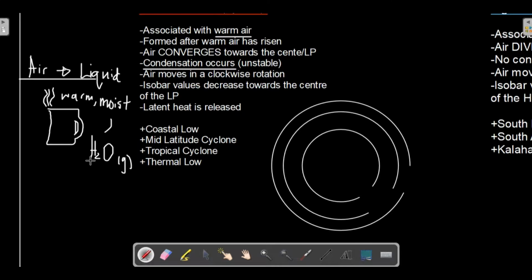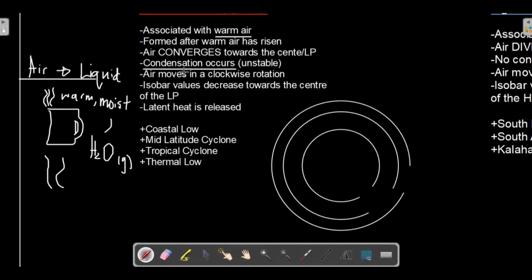Remember, air is made up of a lot of gases, but if it has a lot of water vapor in it, then it becomes very light, and so it's easy for it to rise up, and it's easy for it to form clouds and turn into rainfall. So air can be warm, but if it is dry, then condensation will not occur. You will not see clouds.